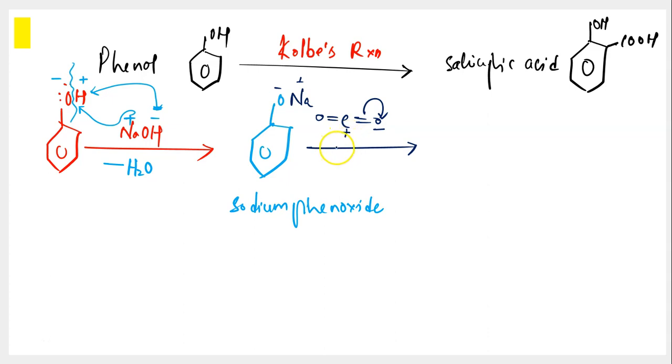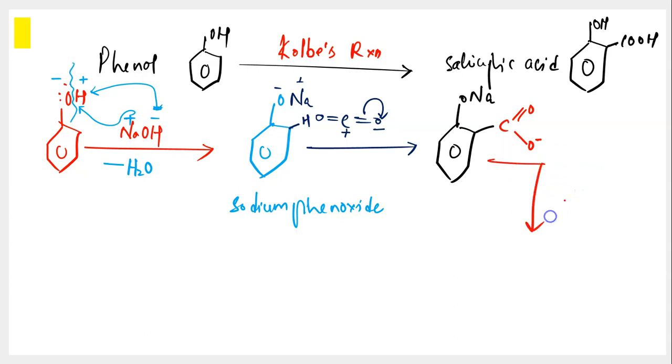And now this electrophilic site would be displacing hydrogen from the ortho position of the phenoxide ion. And this leads to formation of what? This leads to formation of the phenoxide ion as it is, but at the ortho position you are going to have a carbon, and this carbon has a double bonded oxygen and one single bonded oxygen with a negative charge, O minus. So now this COO minus group is not stable due to the presence of the ions.